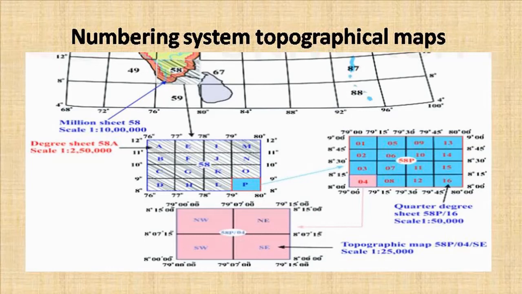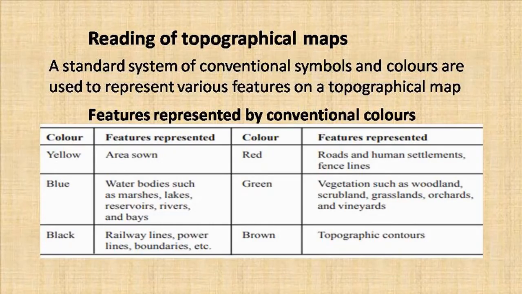It is not possible to write all the observed details on a map. In order to overcome this limitation, a standard system of symbols, conventional signs, letters, and colors are used to show topographical map features. Prior to studying a topographical map, it is important that we should get familiar with the conventional signs, legend, marginal information, and other aspects of the topographical maps.